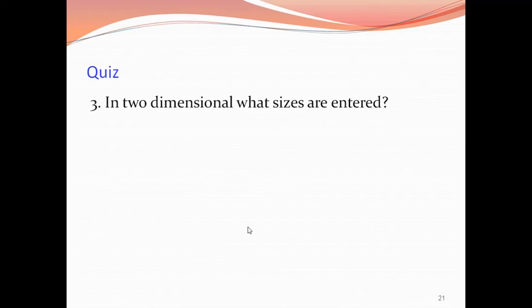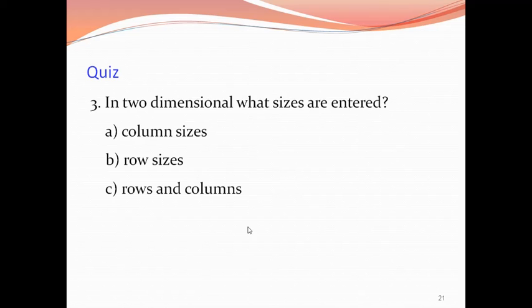In a two-dimensional array, what sizes are entered? Option A, column sizes. Option B, row sizes. Option C, rows and column sizes.